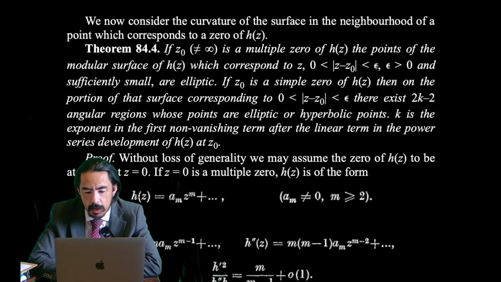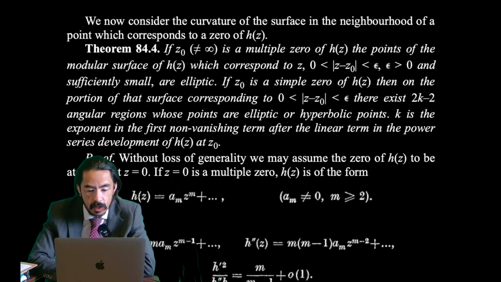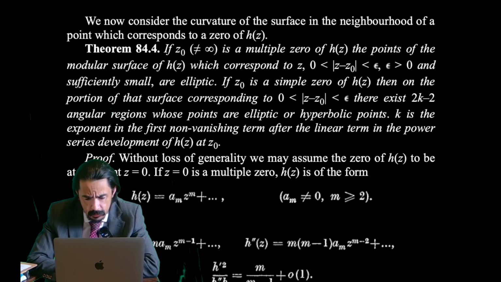Then that's less than epsilon, and this epsilon is greater than 0, and sufficiently small r elliptic. So I'm going to read that one more time. If z0, not an infinity point, is a multiple 0 of h of z, the points of the modular surface of h of z which correspond to z, where the distance between z and z0 is bounded by epsilon, is sufficiently small, r elliptic. If z0 is a simple 0 of h of z, then